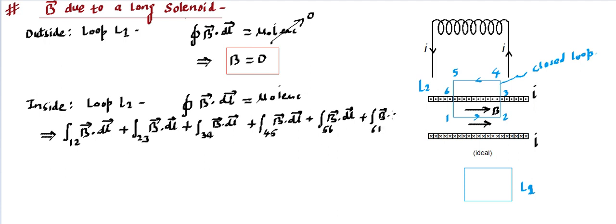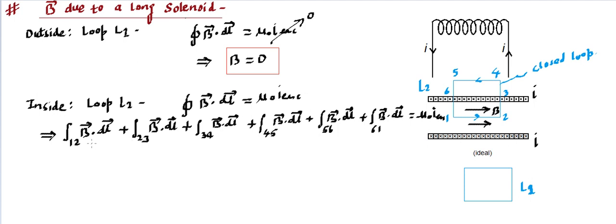If we do all these calculations together and then add them up, then we will be able to find what this left hand side is going to be. This has to be equal to mu naught into I enclosed. So that's going to be mu naught into I enclosed. So it has gone to that level. Anyway, this is a very long expression that I have expressed over here. Now let's settle one by one.